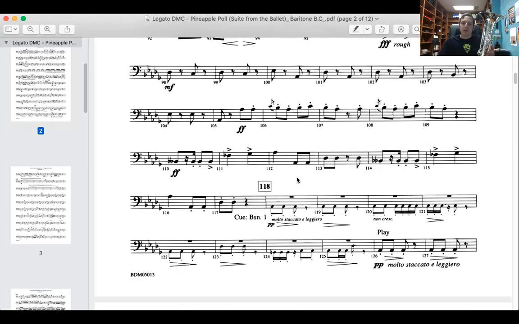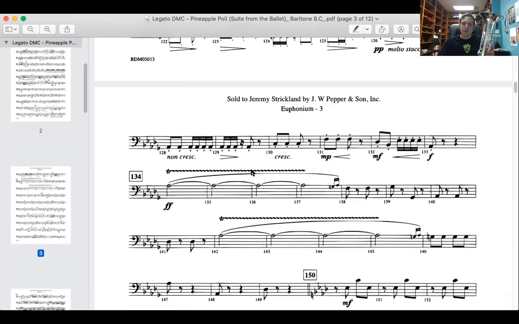All right. The next thing is articulation. There's two things that you'll need to do every day this summer, in my opinion. You'll need to do tonguing exercises at 132, going up the C major scale and down at a quarter note equals 132, so that you can do the